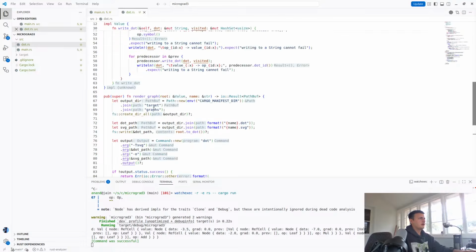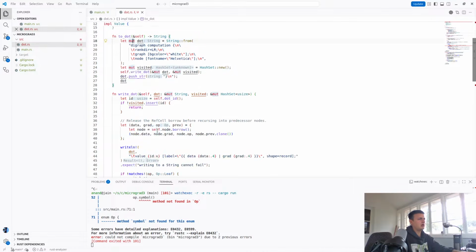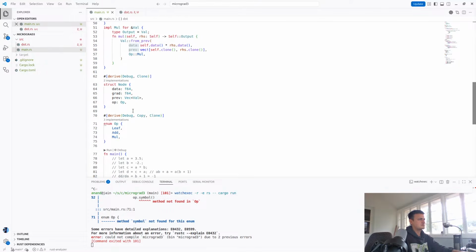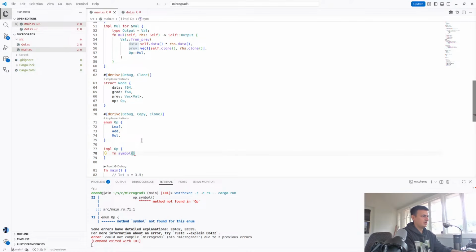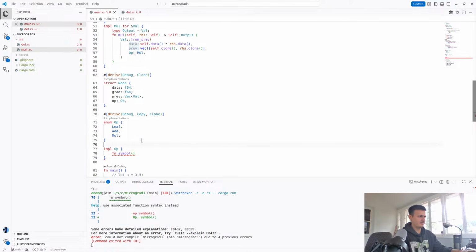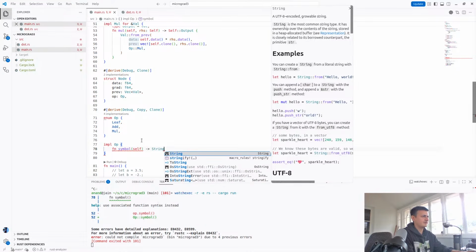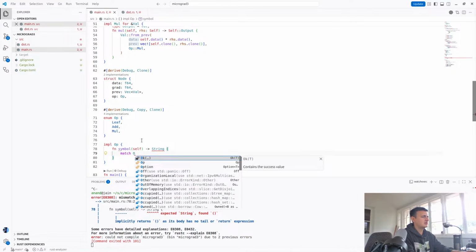Okay, so this code now has a bunch of stuff on implementing Value, and it allows us to just draw a graphviz thing. And here we see one thing that we need to do. That is impl Op function symbol. And this gives us basically a way to render this enum to a string. So it's just going to take a self and it's going to return a string. I don't know if it returns a string or not. But we're going to match on self